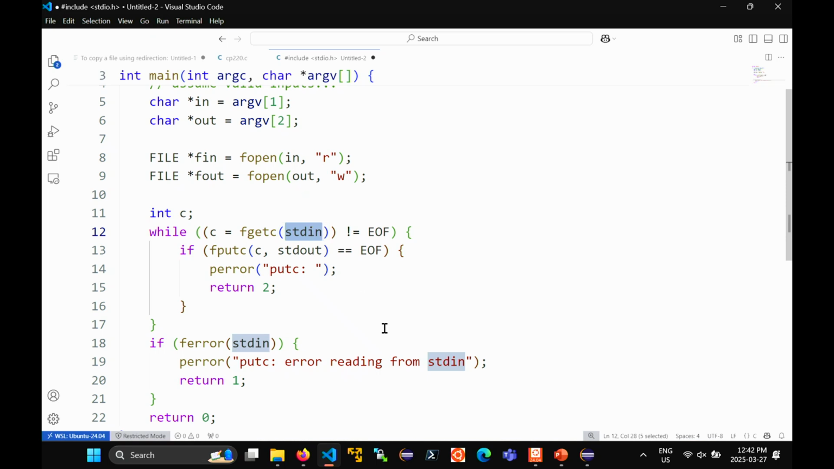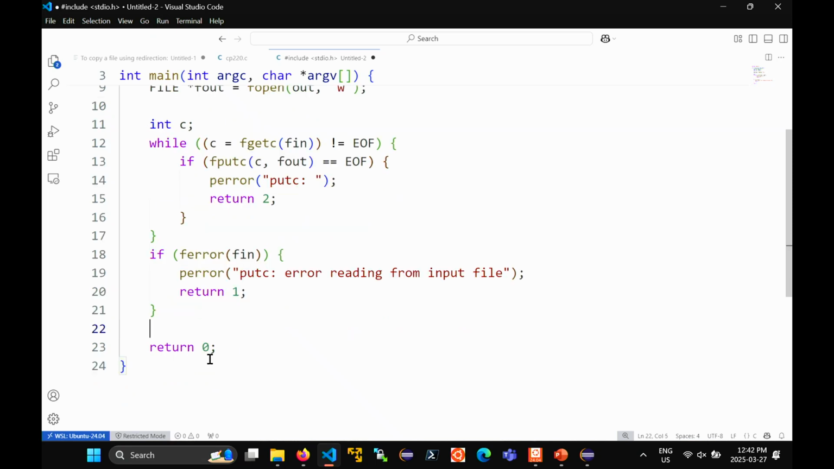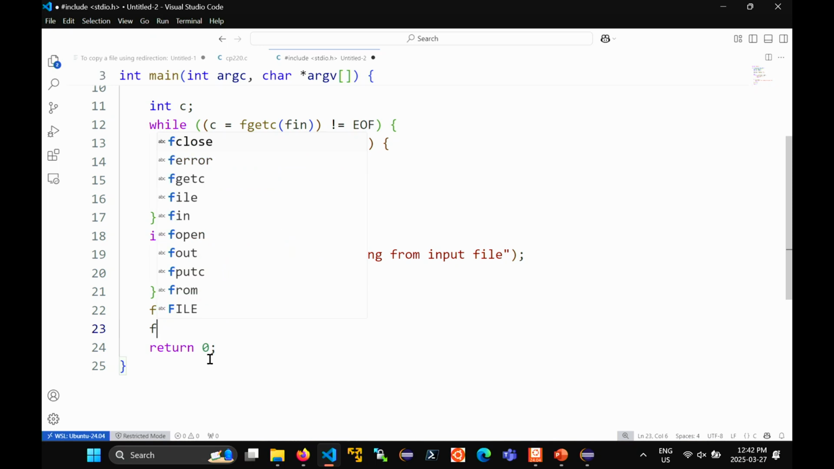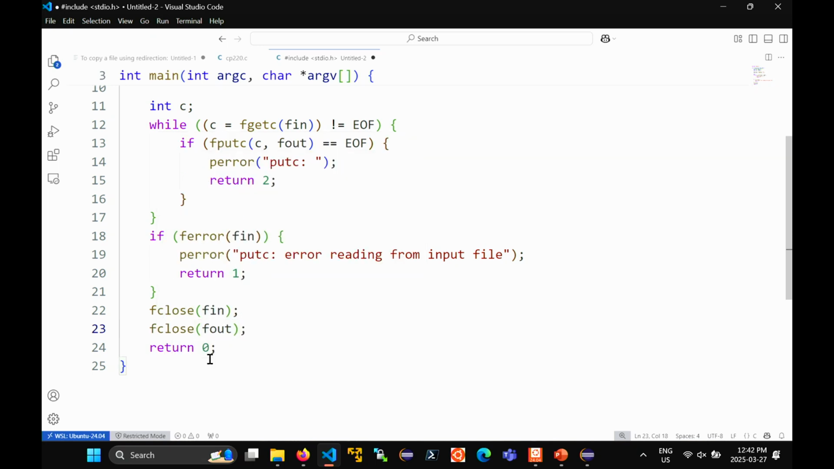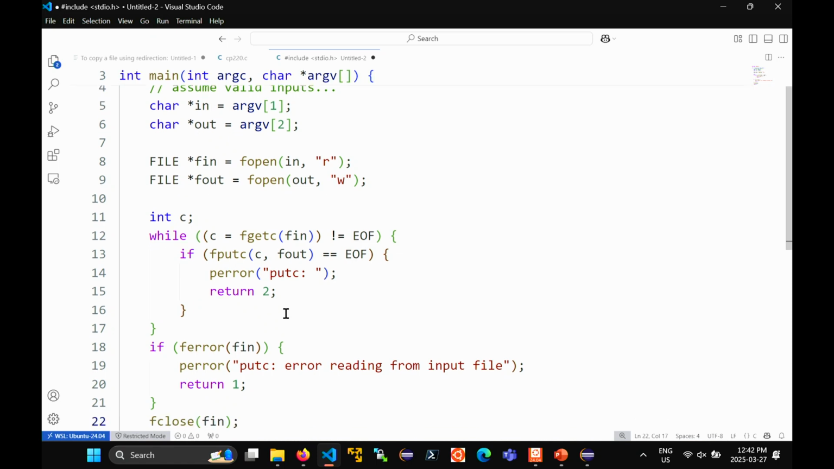Fgetc, instead of reading from standard in, I'm going to read from fin. And instead of writing to standard out, I'm going to write to fout. Here I'm going to test whether or not fin had an error. I guess I should change that from input file, like that. And then I guess we should be nice and close the files. Well, this is for completeness' sake. Again, this is just a main function, so when the program exits, it's going to close the files anyway. But just to emphasize the fact that you should always close a file when you're done with it, I'm going to do that. And assuming I did everything correctly,